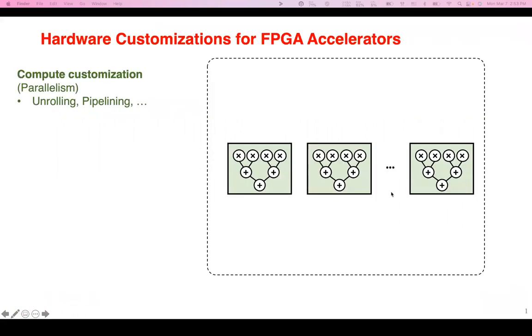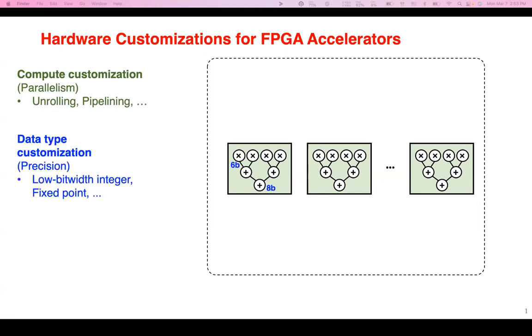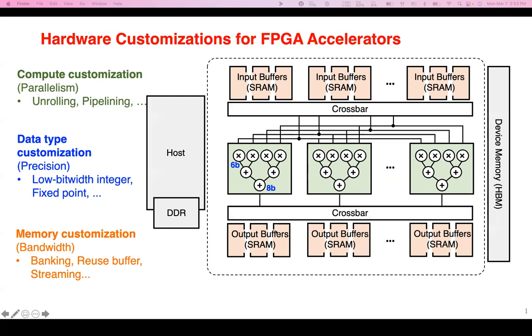To design a high-performance FPGA accelerator, programmers need to leverage different types of hardware customizations. In general, that includes compute customization, like unrolling or pipelining to increase the parallelism. Data type customization, like quantization or fixed point data types to trade off precision with performance. Memory customization, like memory banking, reuse buffer, or data streaming to increase the bandwidth utilization for both on-chip and off-chip